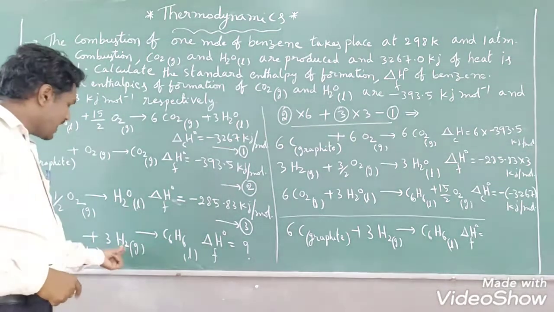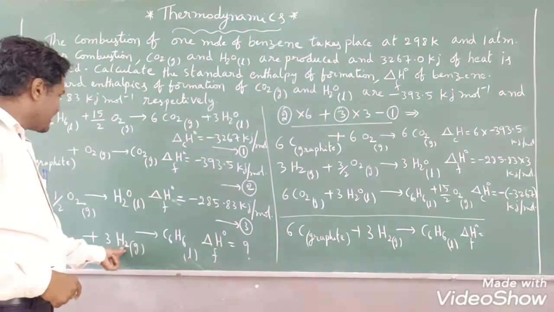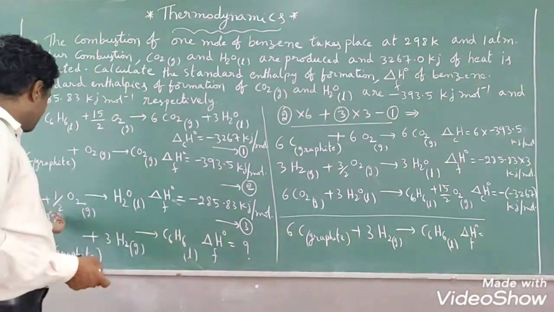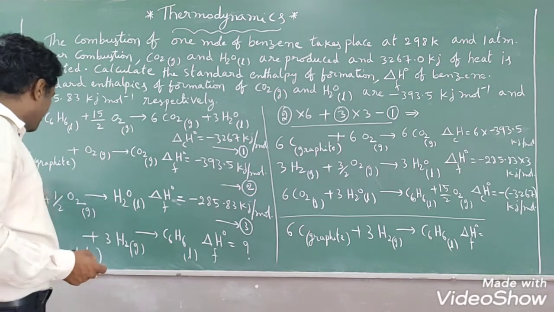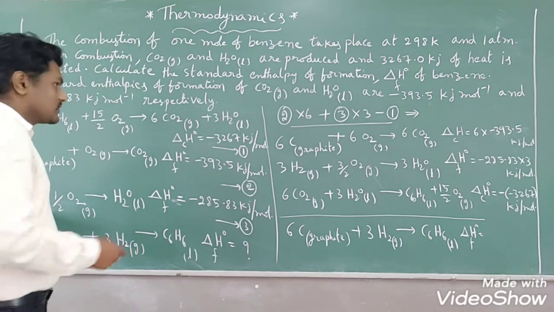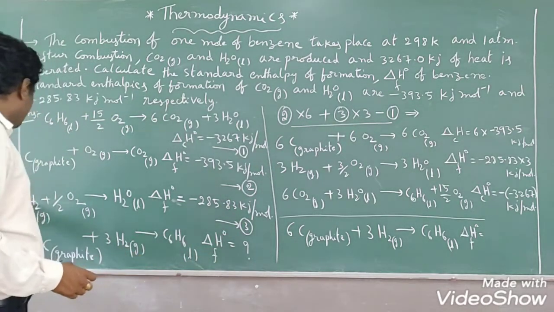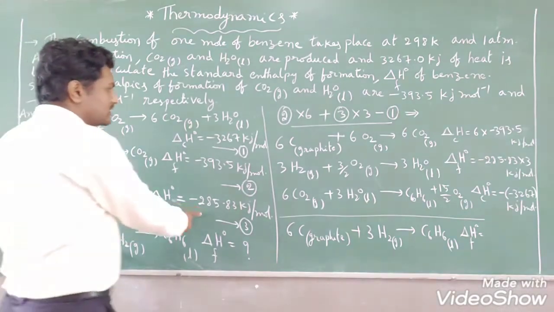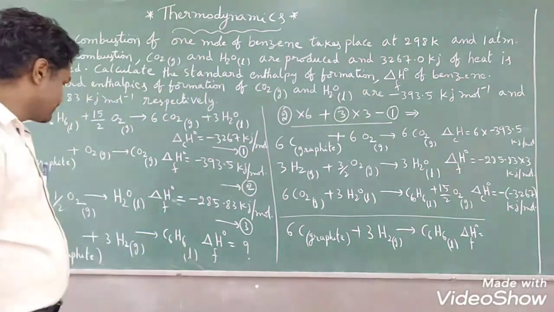Next, hydrogen, how many moles are there? 3 moles are there. Hydrogen, the next reactant, is present in the third equation, right? How many moles are there? 1 mole only, present on the reactant side as it is. So that's why I have taken the positive sign, right? 1 mole only now, but we require 3 moles. So that's why equation number 3 I have multiplied with the 3 again to get 3 moles of H2, students.